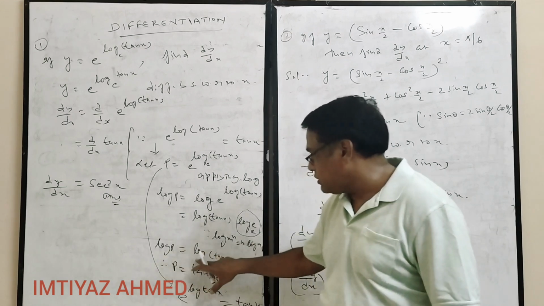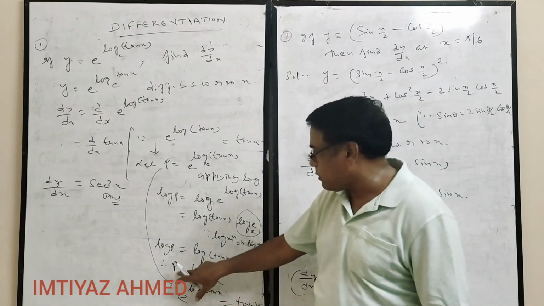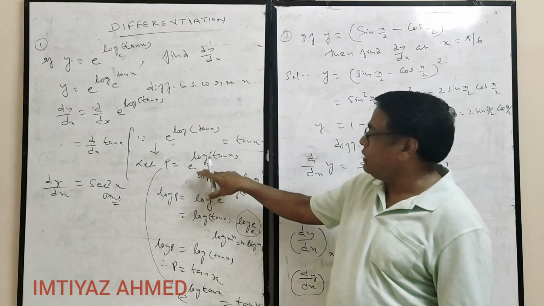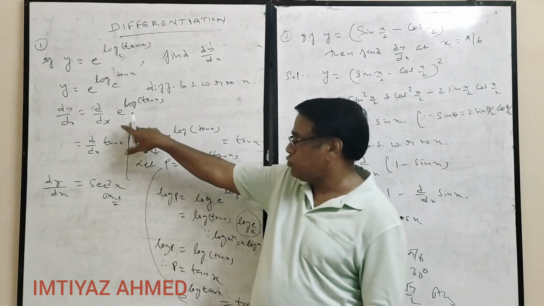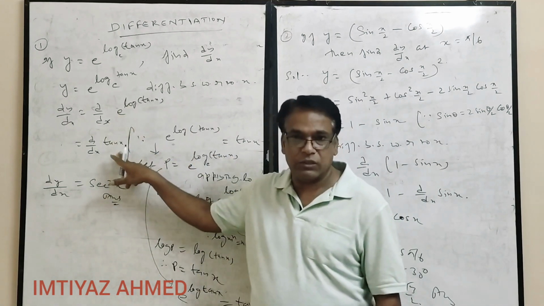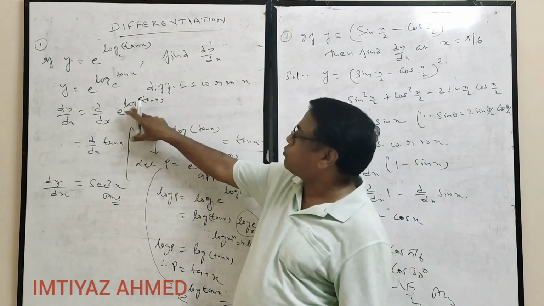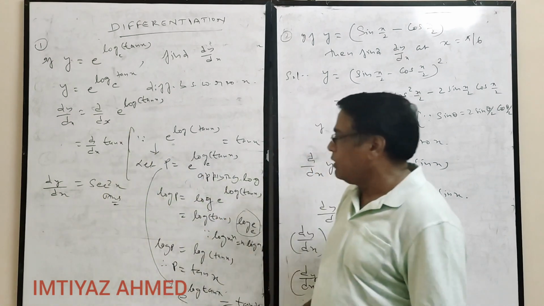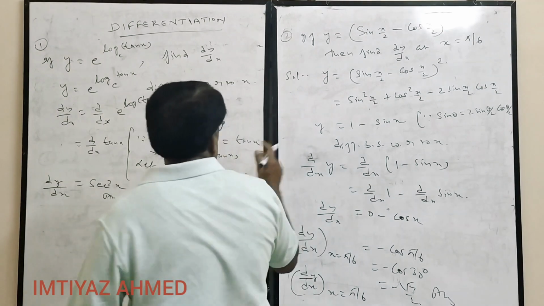Now log is there on both sides. If you take out the log, you get p is equal to tan x. And we had supposed p as e raised to the power log tan x. So e raised to the power log tan x we got to be tan x. So instead of e raised to the power log tan x, we have written tan x. In examination, there is no need to explain this. You can write directly e raised to the power log tan x as tan x. How it has come, I have explained here. Now d by dx of tan x is sec square x. This is the answer. See another example for this.